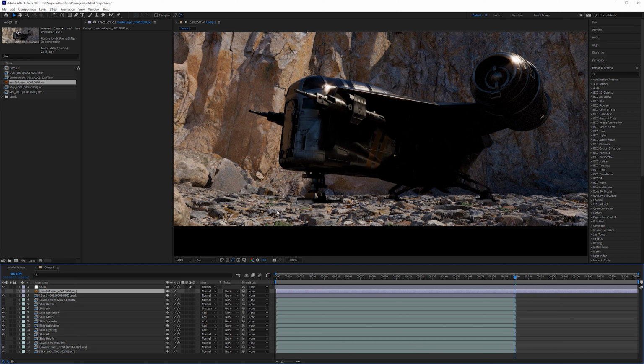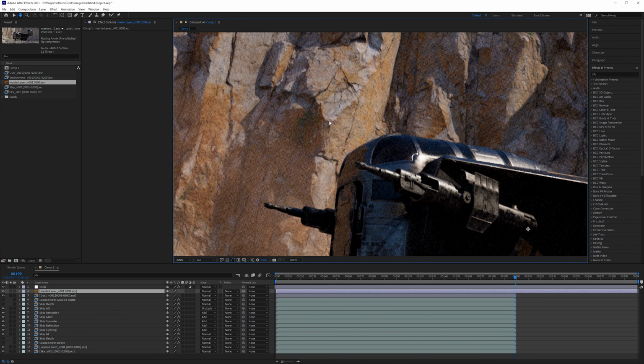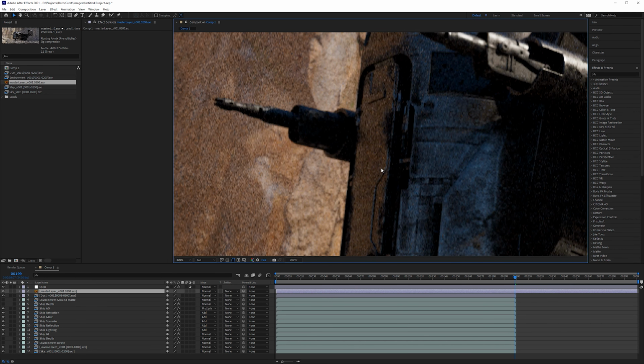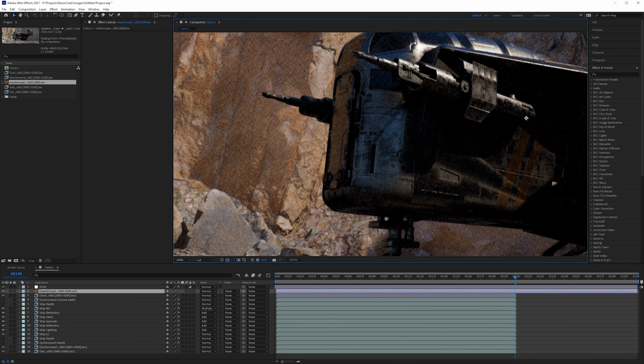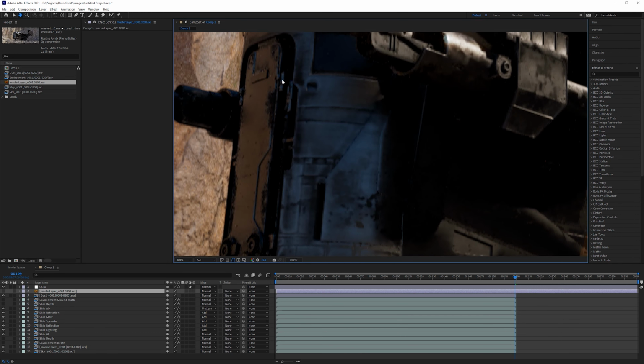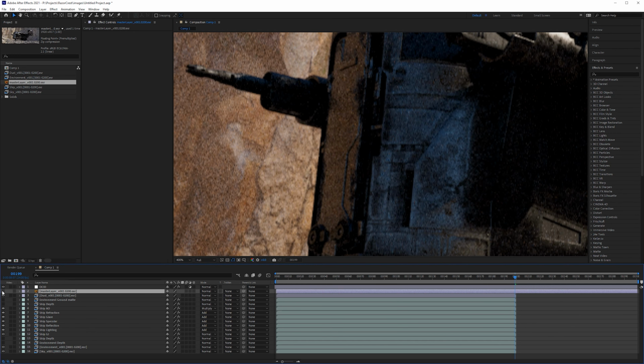There's a couple different things that we can do on that. But if we turn the master layer back on, we can see that, first of all, there's no denoising, so it's very grainy. If we can see here in the hull on the front of the ship, it's pretty grainy. And if we toggle this on and off, you can see that the denoising is very smooth, almost a little bit too smooth, and it does kind of average out those colors. So we are losing a little bit of the lightness there.